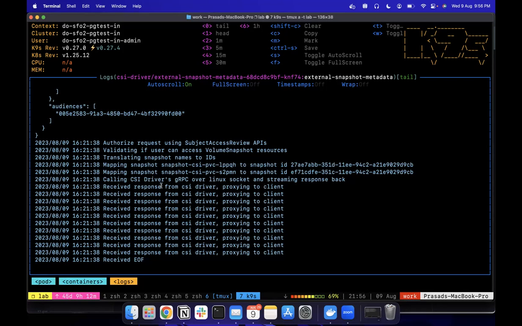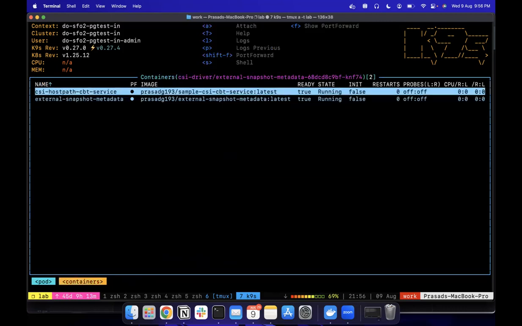I should have logged the request, how it calls the CSI driver's endpoint. But yeah, after mapping the snapshot names to the IDs, it calls the CSI driver's gRPC endpoint to get the actual changed block metadata,